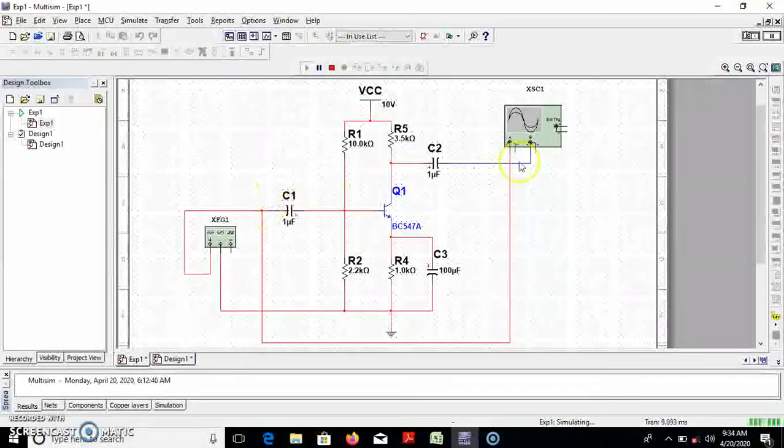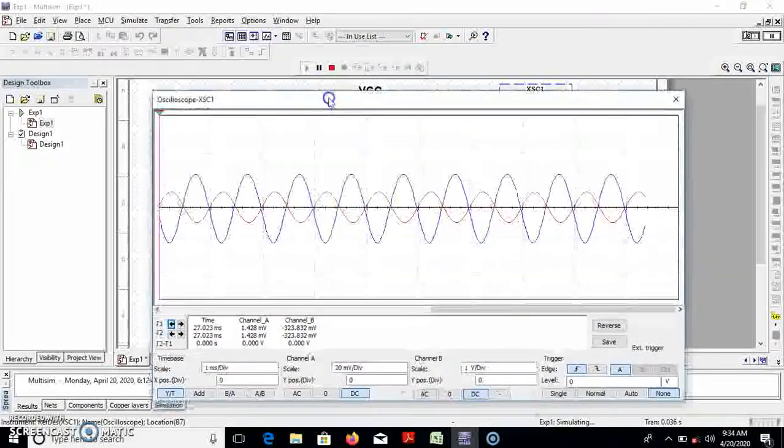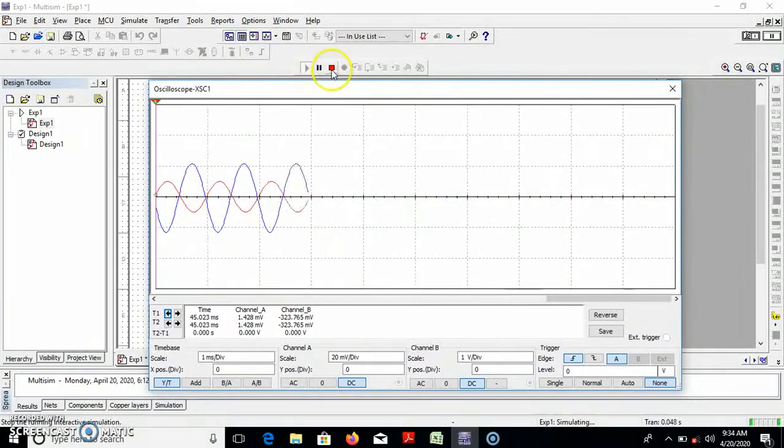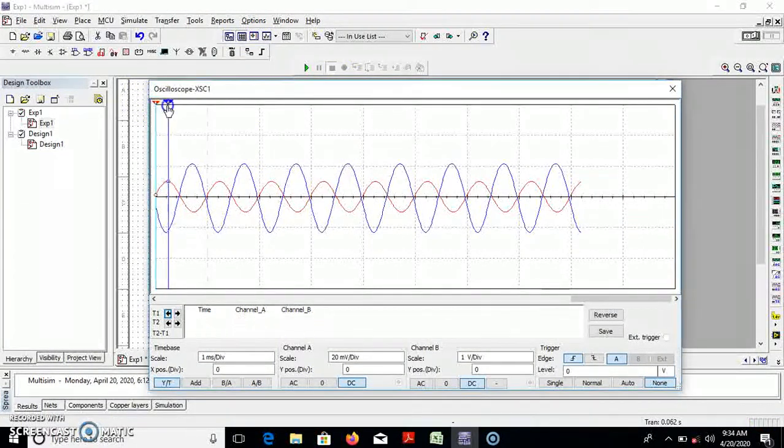Once again you simulate, once again you double click on this one. Now the value is going to change. If you want, you can stop this and measure. Click on the blue colored bar and set the positive peak value. It is showing 1.067. So 1.067 is the maximum.